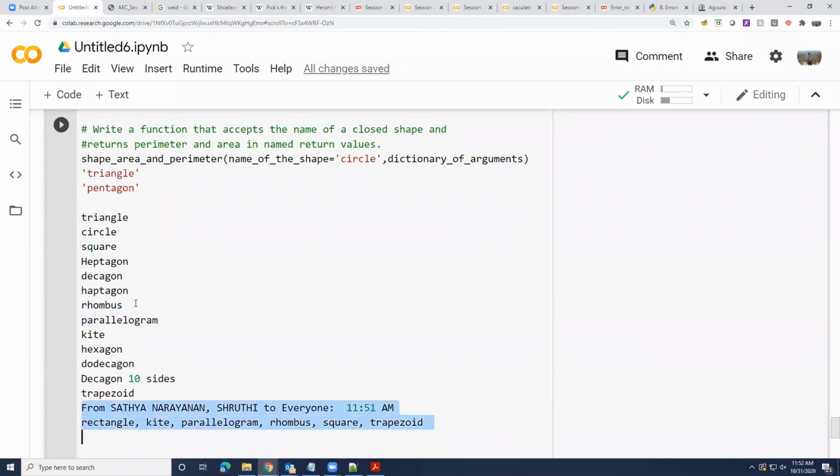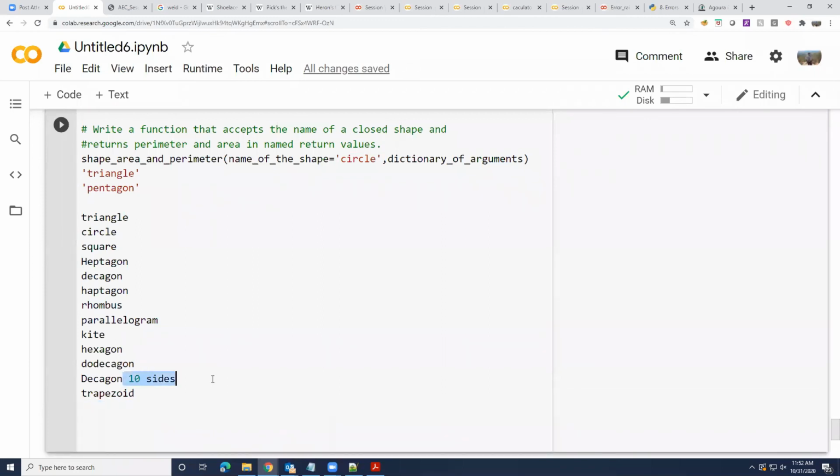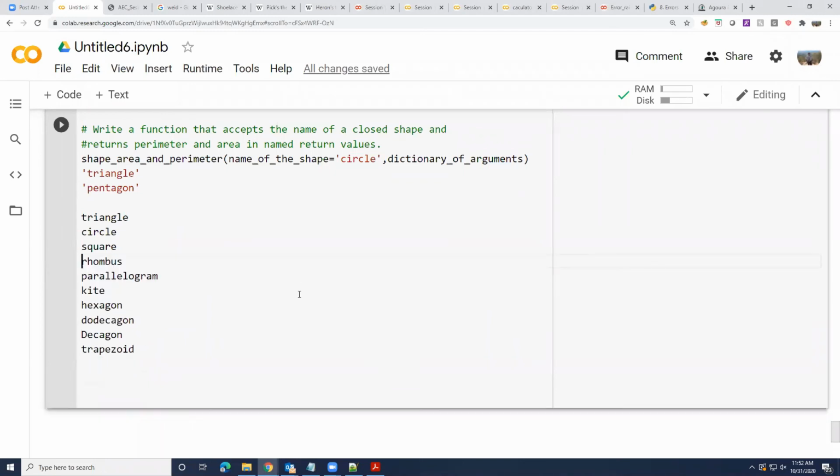Dodecagon, hexagon, rectangle. So since you guys gave such a large list, now you can pick which of these you don't want also, because this is such a large list. They all have complicated formulas, yeah, exactly. Some of these are just ridiculously complicated. I'm going to remove anything that's very complex. Let's stick to four-sided shapes.